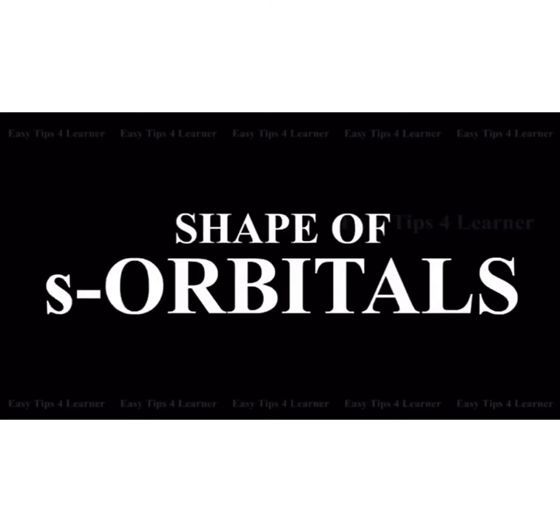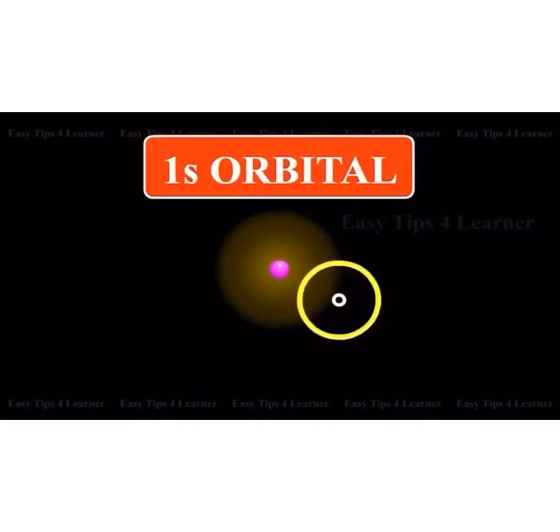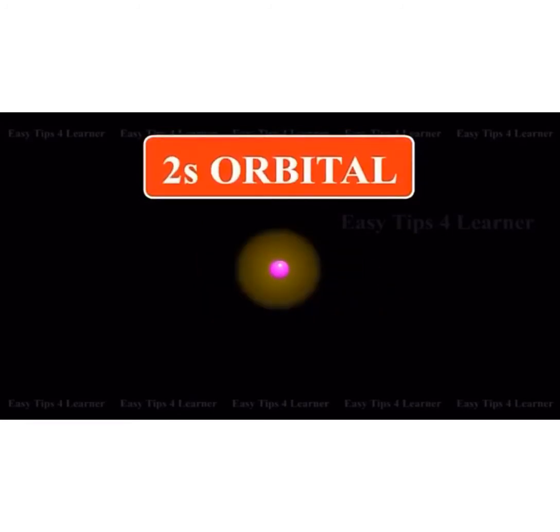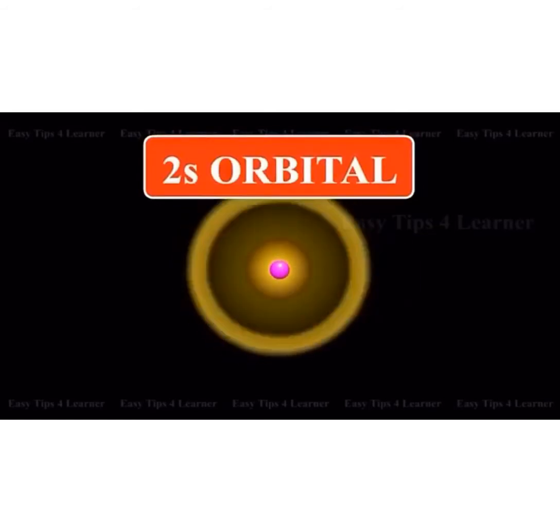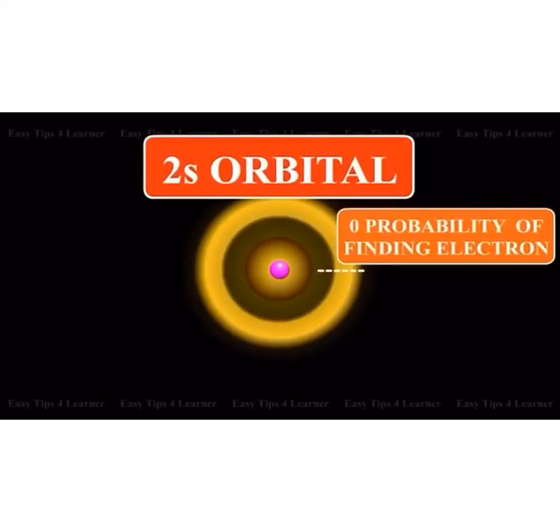It may be noted that for the 1s orbital, the probability density is maximum at the nucleus and it decreases sharply as we move away from it. Whereas for the 2s orbital, the probability density first decreases sharply to 0 and again starts increasing. After reaching a small maxima, it decreases again and approaches 0 as the value of r, the distance from the